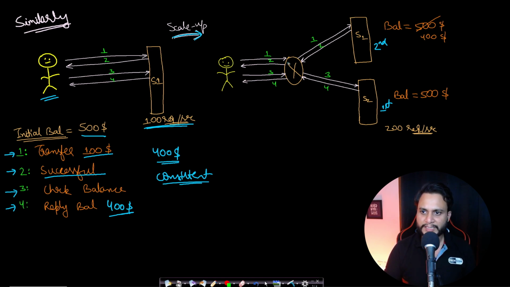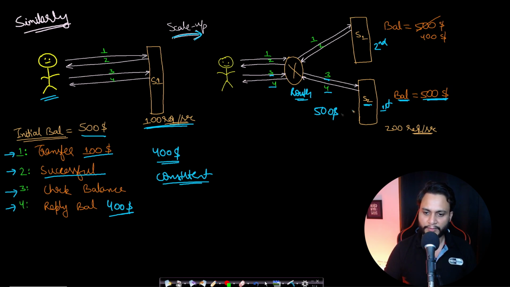Now if you are making a transfer request and it goes to S1 through the router, then S1 will reply that okay, the transfer is successful. Now if you ask what is my current balance, shown by number 3, and this question goes to S2, which is maybe on the first floor or a different set of databases and systems, then S2 will say that you still have $500. You made a transaction through S1, and S1 replied that the transaction is successful, so the balance changed from 500 to 400. But since this information was not shared with S2, the balance which S2 knows about you is still $500,